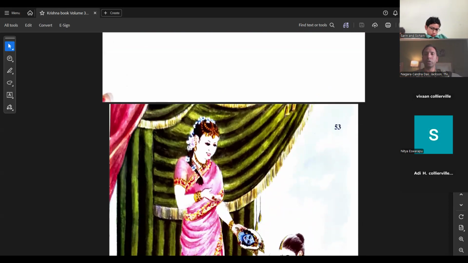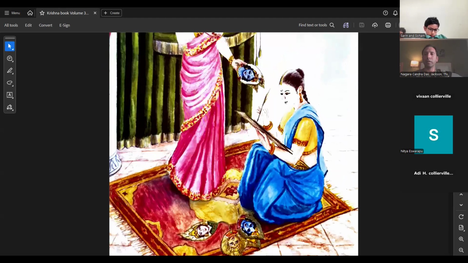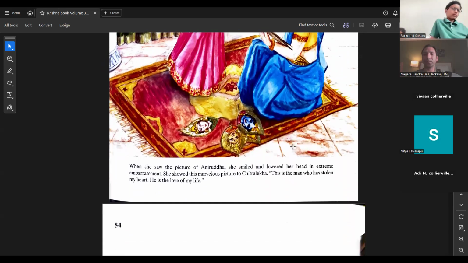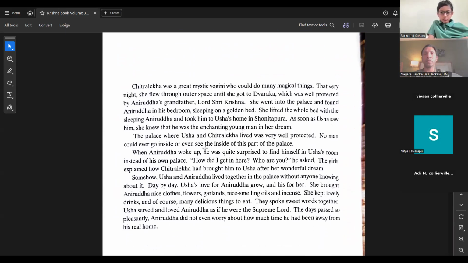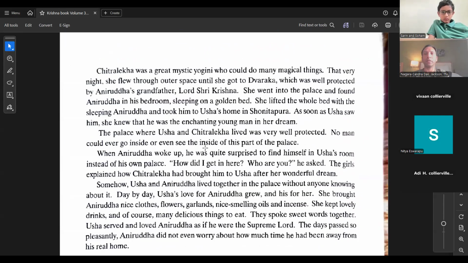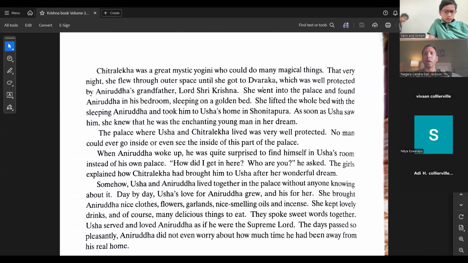So what Chitralekha does, Chitralekha is a very strong mystic. So she is a great mystic yogini. She knows, mystic yogini means they have got many special powers. Okay, so they have got some magical powers, who could do many magical things. That very night, she flew through the outer space until she got to Dwarka,